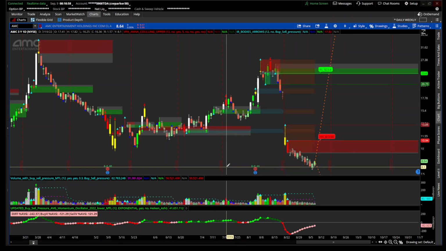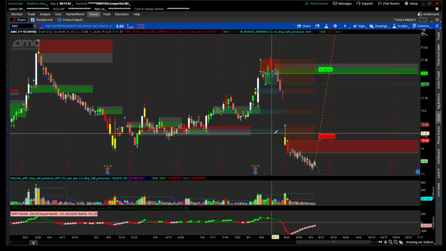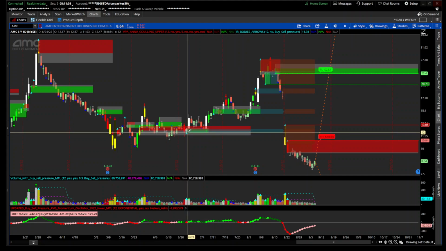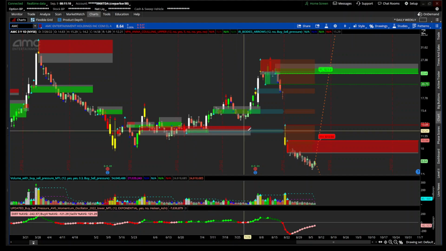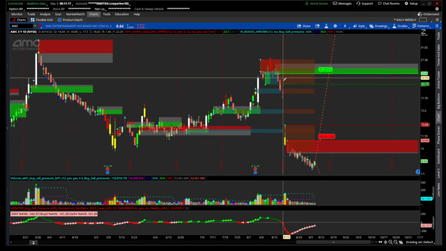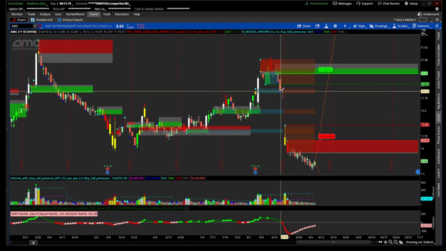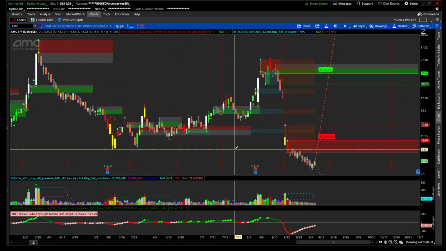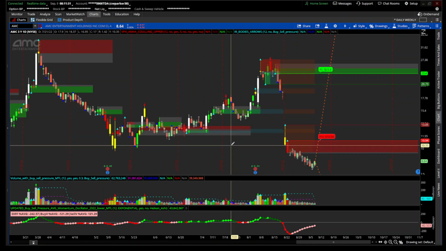And what you're seeing is I took the code from my new supply and demand indicator and integrated it into this one. So anytime a new demand or buying pressure is created, it'll be the blue color. Anytime selling pressure is created, it's going to automatically be that red color. But anytime something slips through and price is in any of these areas, it'll turn red or blue to show you that this support and resistance area is no longer support,